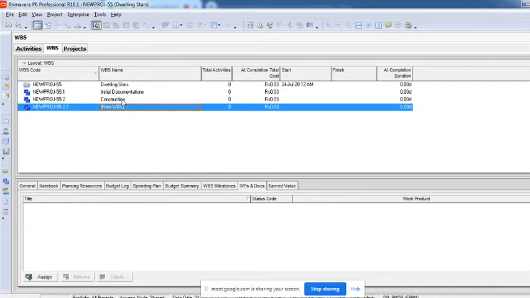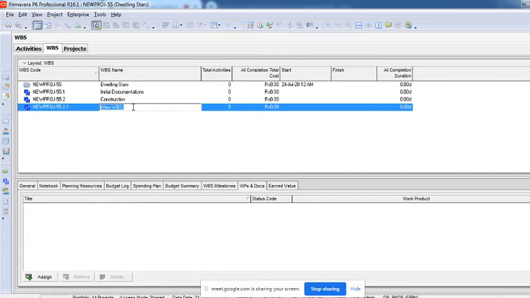So it is coming under, or else you can see these numbers also: 55, 55.1, 55.2. Why do we get 55? Because when we created the project, by default it took the project ID as new project 55. I did not change anything, I just said finish. So that's the reason it is taking 55.1, 55.2, and this is 55.2.1 because this is something under this, right?